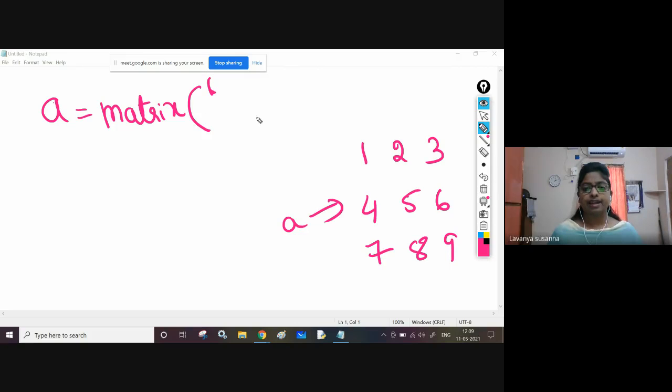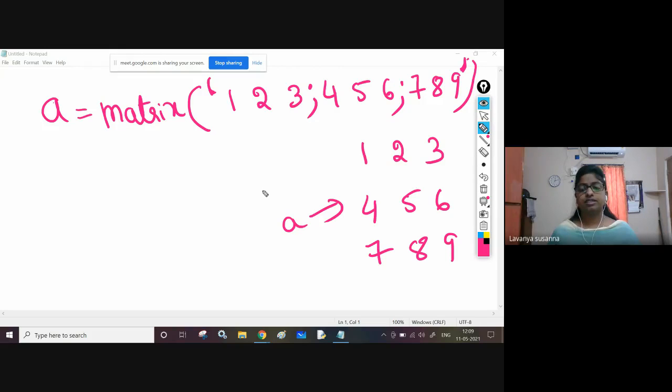And what is the row element? 1, 2, 3, right? 1 space, 2 space, 3 semicolon. Next, the next row elements, 4, 5, 6: 4 space, 5 space, 6 semicolon. Next, 7, 8, 9, right? 7 space, 8 space, 9. Close the single quotes. Close the function. This is how you are going to create it.